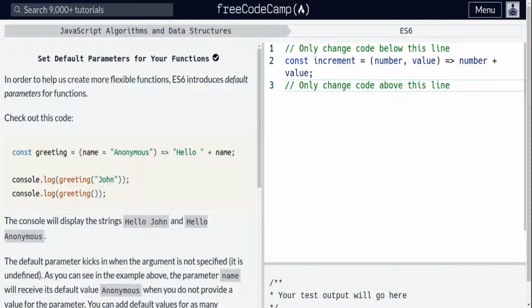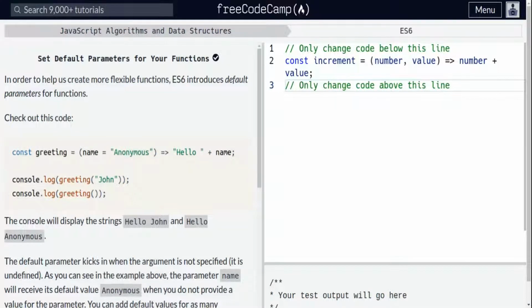My name is Jasmine Okudu, and I'm still on our JavaScript ES6 series, and we are still on our arrow functions. Okay, in this lesson, we'll be talking about how to add default parameters for your function with arrow functions,